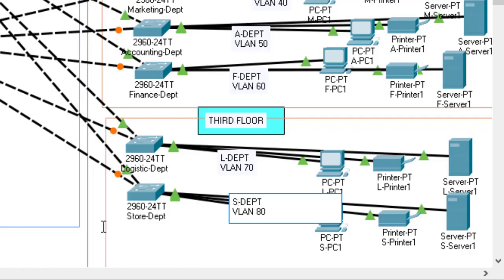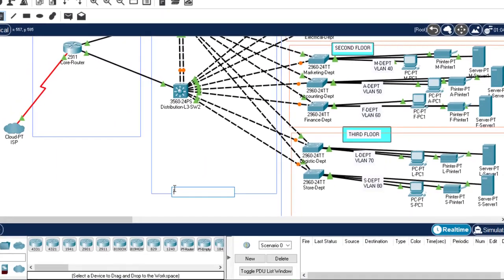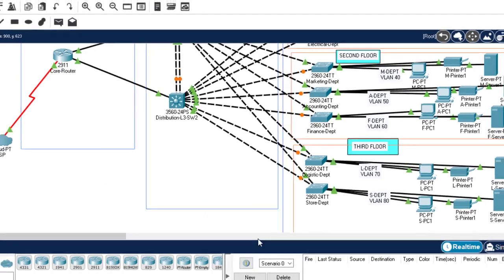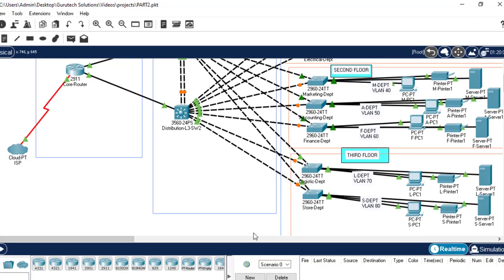Okay guys, so I think we've done almost everything that we did here, and even added the VLAN number in every department. So guys, in our next video we are going to cover the configuration part. Okay, remember